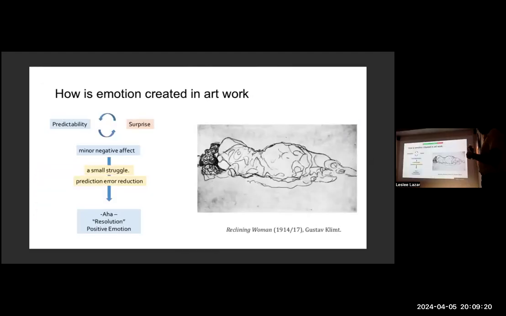So how this emotion, according to this theory that is created, this is a perfect example of an indeterminate stimuli, right? You just have squiggly lines, but it's supposed to be the curves of the woman. This is her leg, and this is the hair and the cloth. So there is the artist's play between the predictability and the surprise. And in the beginning, there's a minor negative affect. When I say affect, it's the emotional feel. You're sort of trying to figure it out. What is it? Then there's a small struggle